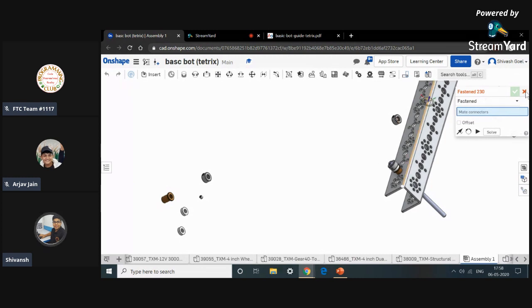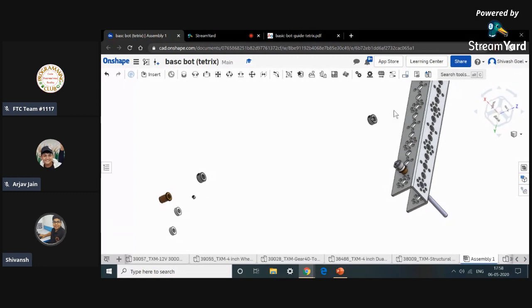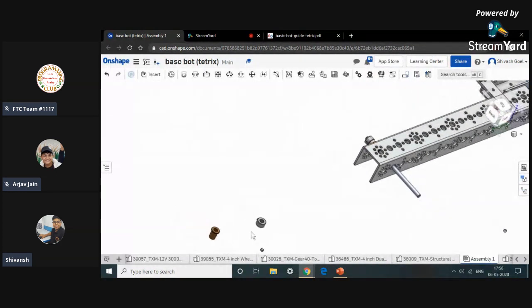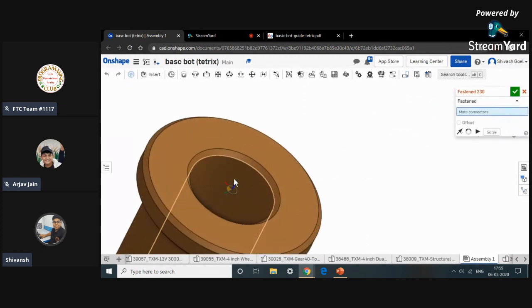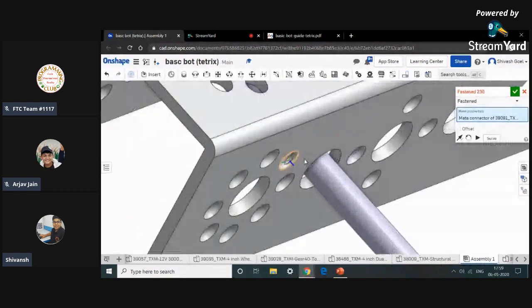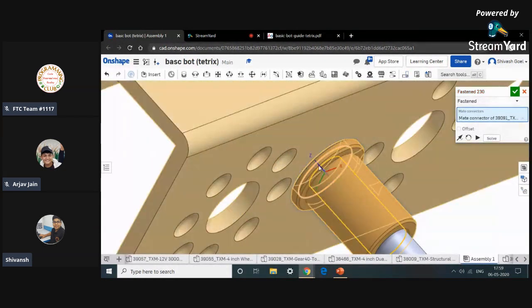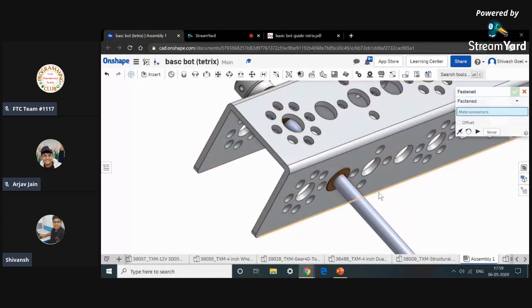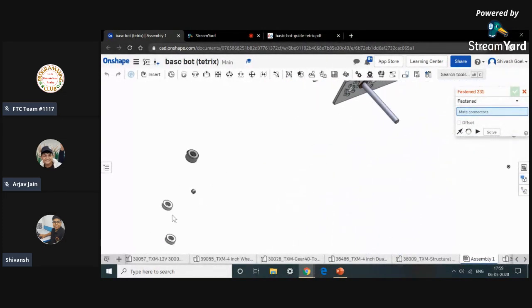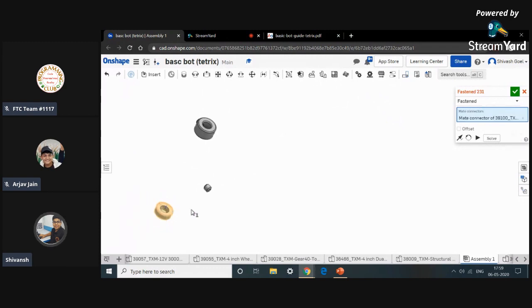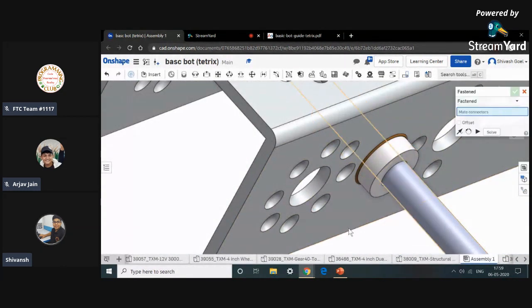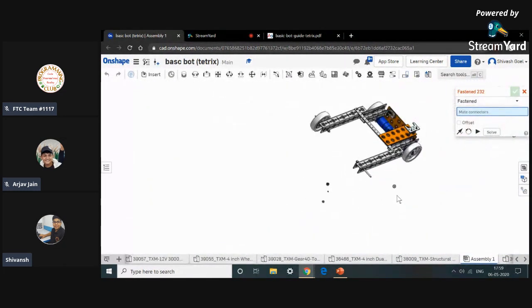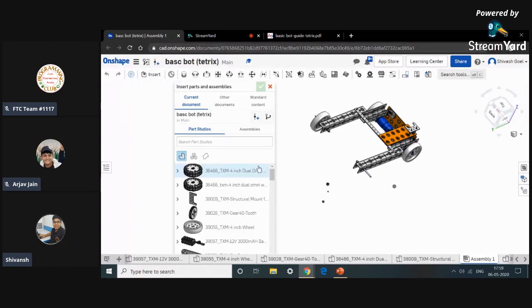So now we are just fixing the part so that we can wind up quickly and we can make our rope chassis faster. So we'll select the fasten. We'll select the bronze bushing and the circle like this. Then we'll select this white axle spacer and we'll just click here so that it can be fastened right there. And then we have to insert our wheel,